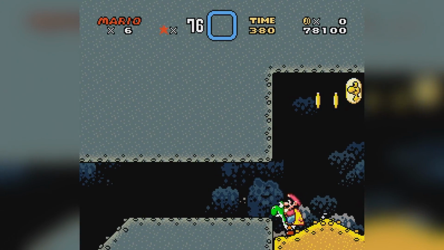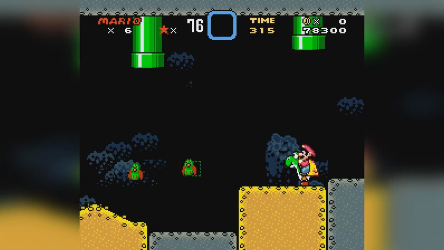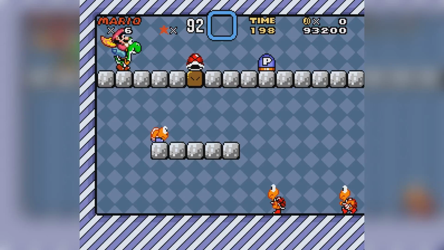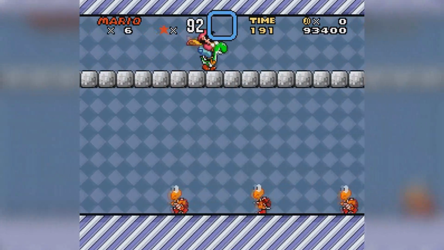Donut Plains 2 is an auto-scroller, but most coins can be easily avoided, and it also features a secret exit which allows us to skip half the level. The Green Switch Palace once again features a P-switch, but this one isn't really dangerous, so you can hit it